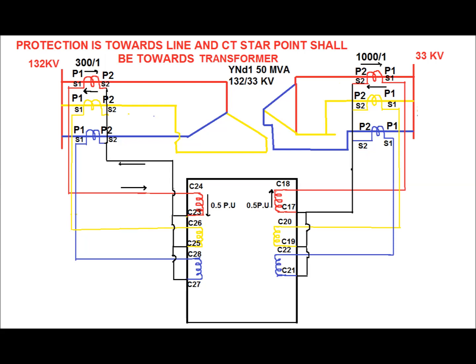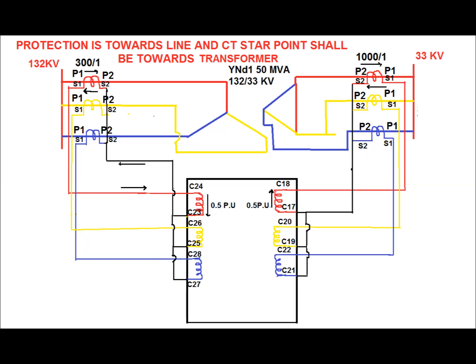The phase shift due to transformer action is nullified by the setting of the differential relay, and hence ID, the differential current, is the vector sum of the per unit quantities of I1 and I2. Since both the currents are reversed in direction, the vector sum quantity, that is ID, is 0.